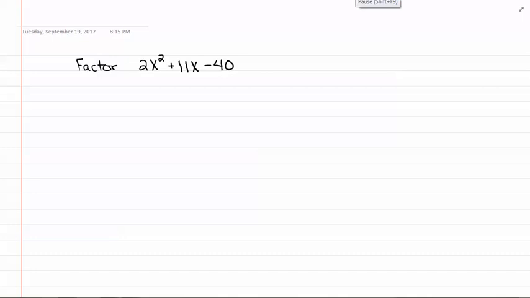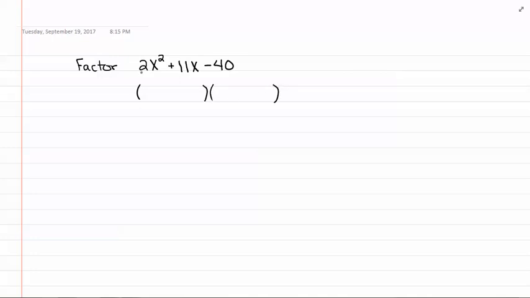To factor 2x squared plus 11x minus 40, you'll want to notice that there's no common term that you can pull out at the very beginning. So there's not going to be a number outside of the parentheses, nor is there going to be a letter. There's no variable or number in common. So I can write down my two sets of parentheses then,